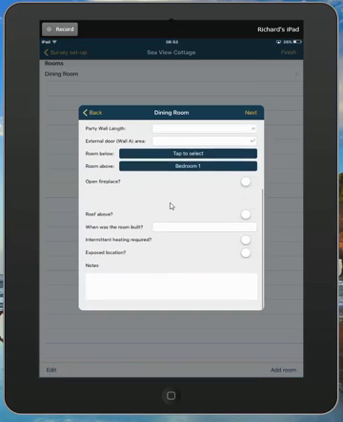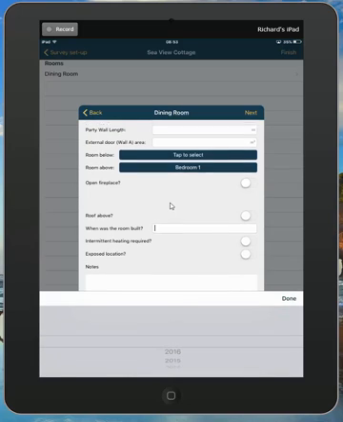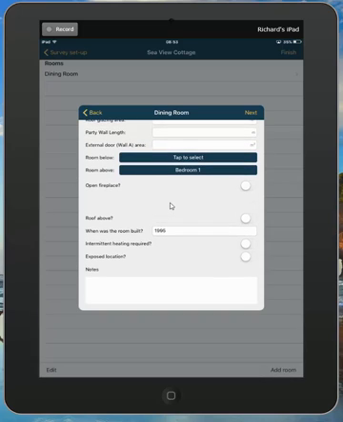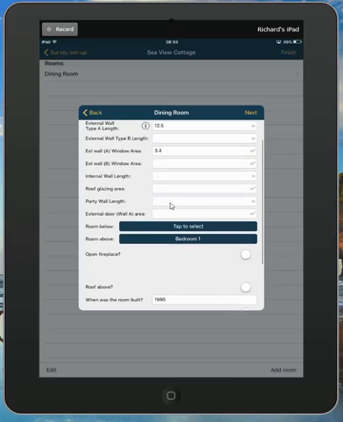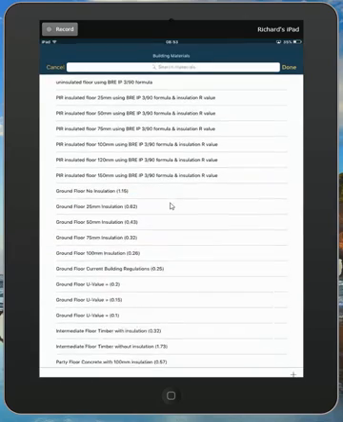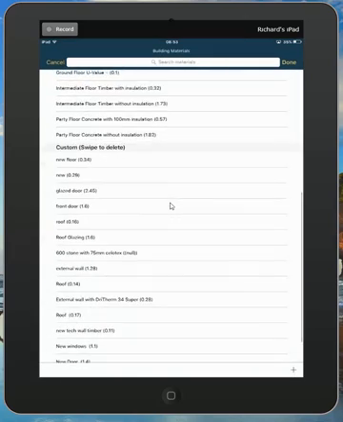and then we can go to when the room was built. So when the room was built will dictate the air changes per hour and also the design room temperature. Intermittent heating, exposed location, let's say it's exposed location, and we can add some notes in there as well if we wanted to. Go to next, and then